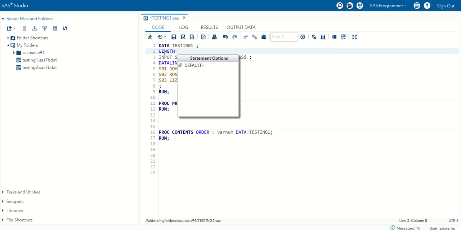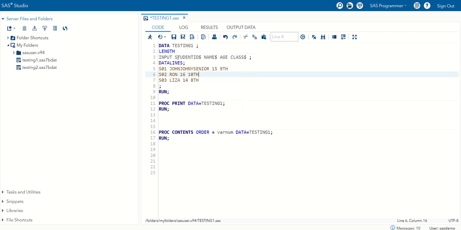We have to put this length statement above the input statement, because when we give the input statement, we are actually already creating this column, this variable. After creating a variable, SAS won't change the length or certain other attributes. So we have to put the length statement just before the input statement. What we do is write length, then the name of the variable,